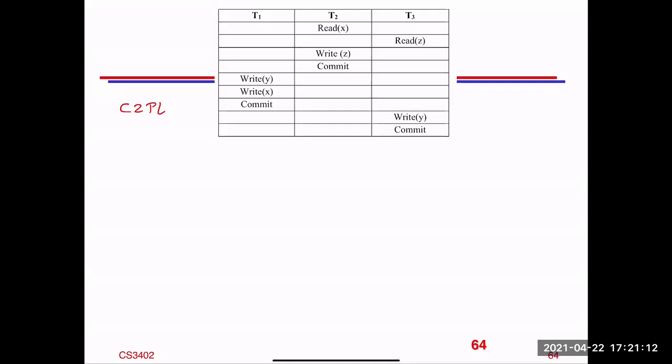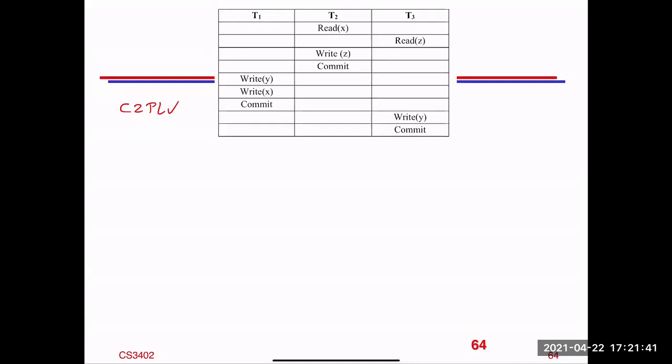Can we get any deadlock here? No, right? Because as we just learned, conservative two-phase locking avoids deadlocks. So let's not worry about conservative two-phase locking. It makes things kind of boring here. So let's assume that we're using